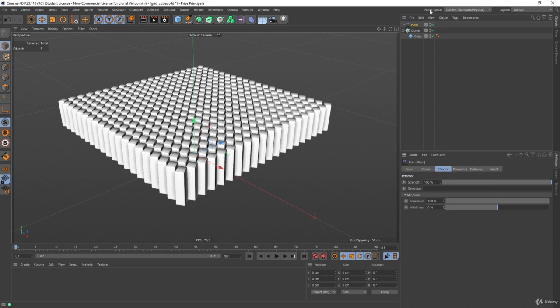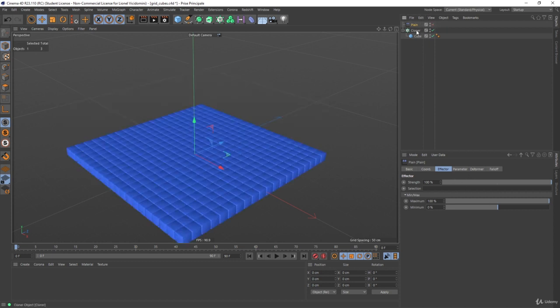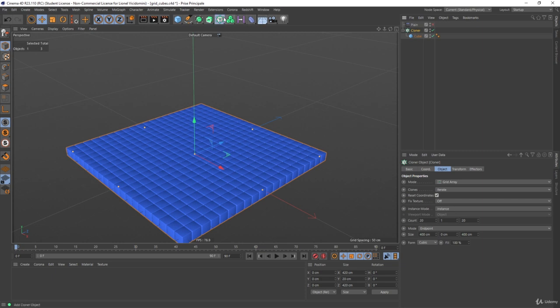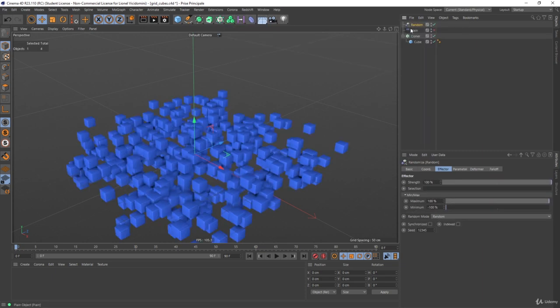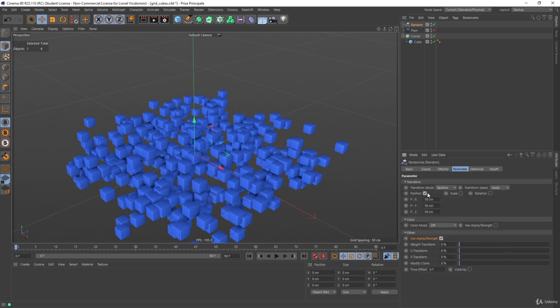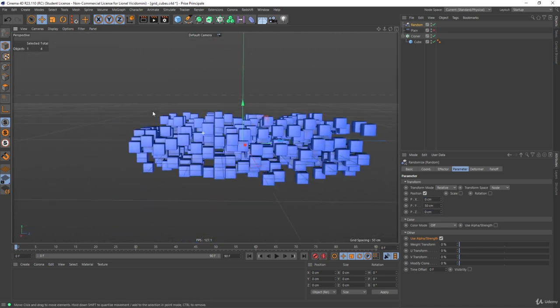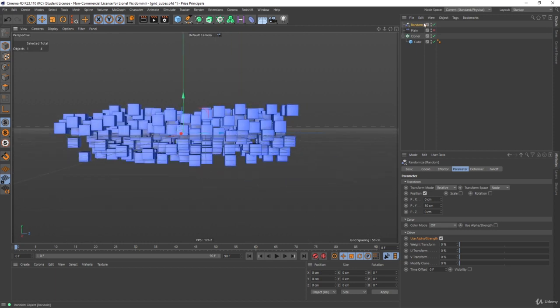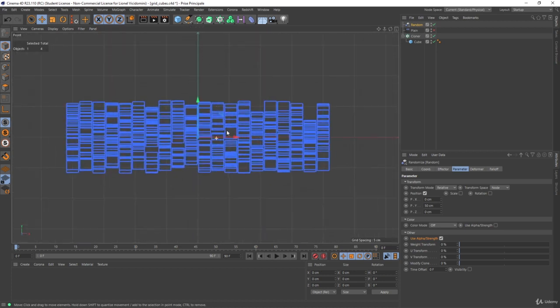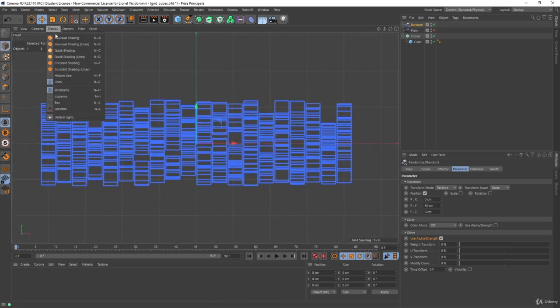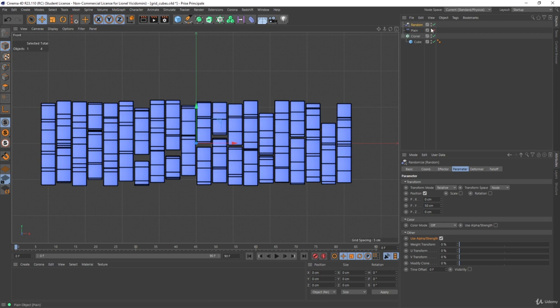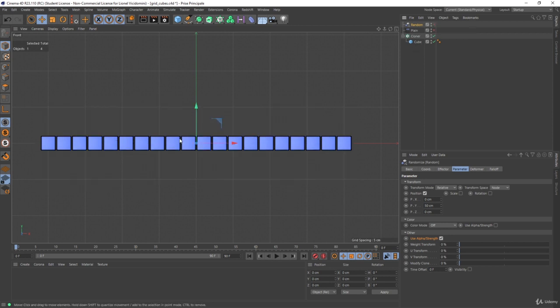So to demonstrate that, just deactivate here the plane effector. We're going to take a cloner and then add a random effector. Okay, so the random effector is going to scatter everything. I'm going to deactivate here in the position the X value and the Z value. So it's just going to move them upward or downward. And we can see if I deactivate, we will see that better in the front view. And let's change the display to gouraud shading lines. We can see here it's going to displace them from the center